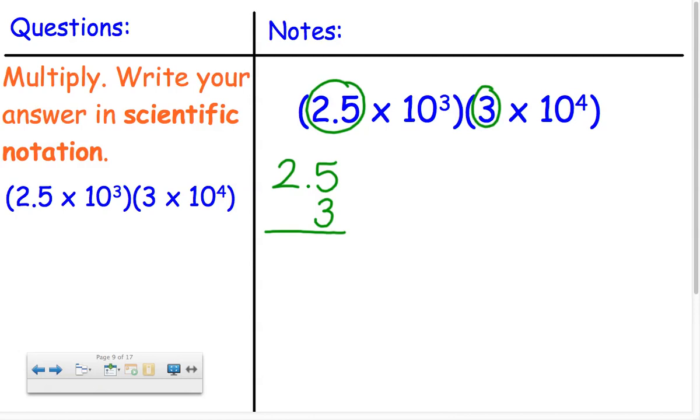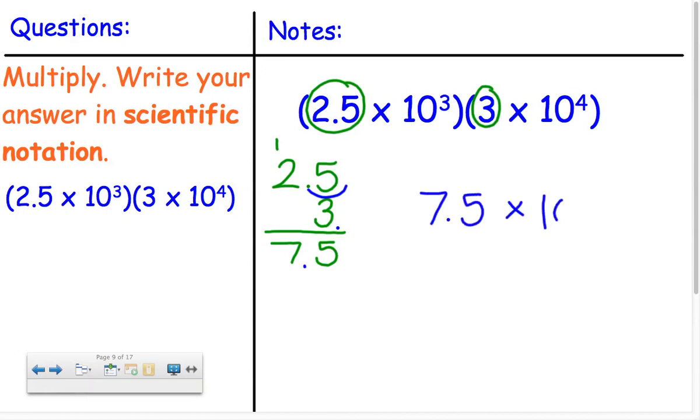5 times 3 is 15. 3 times 2 is 6, plus 1 is 7. Now if you remember from previous years, the way you figure out where to put the decimal is the decimal is between 2 and 5 and then after the 3. So we have one number that's located to the right of the decimal, so I go one number over. So I have 7.5